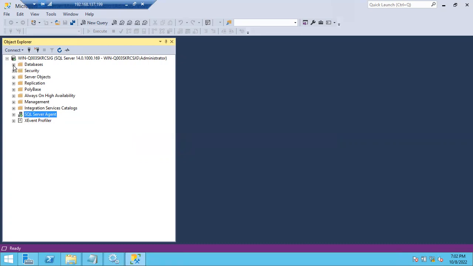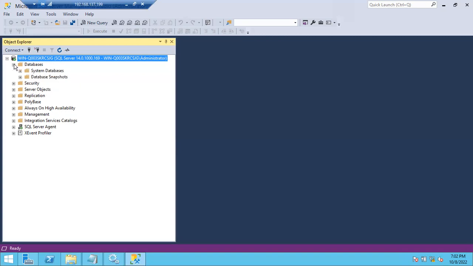If you expand, this is the instance name, guys. Under the instance name you can see some different components. We'll call these components objects. In SQL Server we call everything an object. Tables are objects, databases are objects, indexes are objects, any other components are objects. Generally we'll call these objects. And if you expand this, if you create any databases, you can see them. And guys, this is the connect